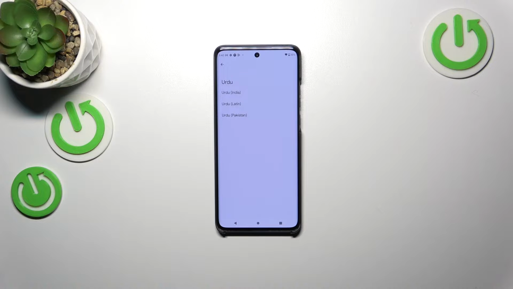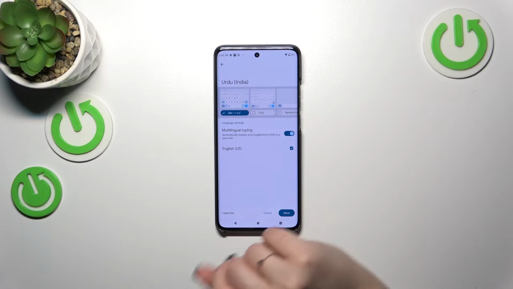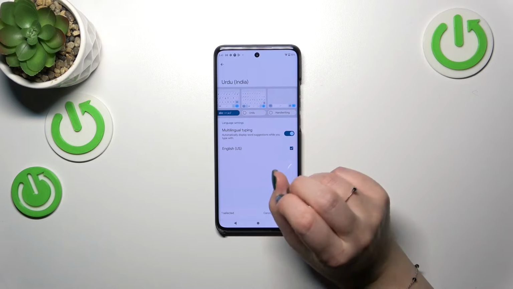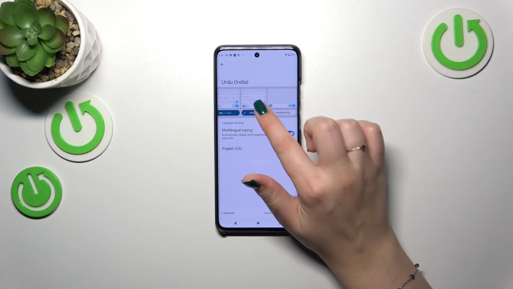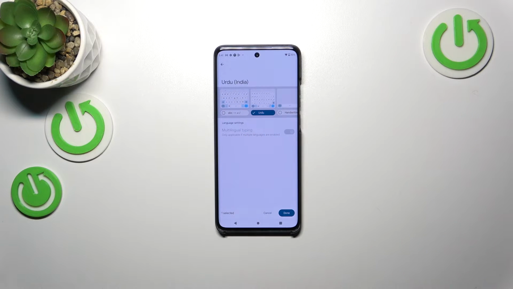As you can see, sometimes you will be able to pick the region, so just tap on the one you'd like to use. And here we've got the keyboard layout. The amount of keyboard layouts depends on the language. Sometimes you will have only one, and sometimes even up to 7 different keyboard layouts. All you have to do in order to apply a particular layout is to tap on it and make sure that it is marked. So let's pretend I want to use this one and I don't want to use this one. Right, so let's simply tap on done, and as you can see, the Urdu language has been immediately applied